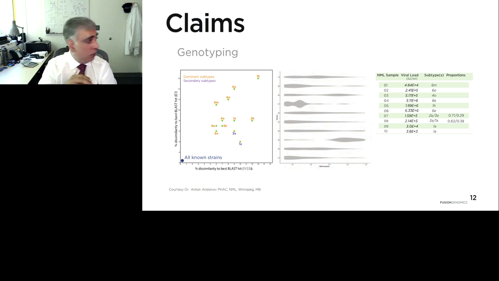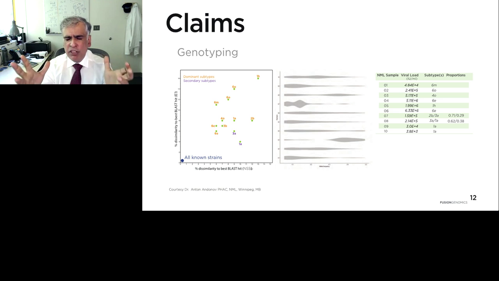So if you look at the table on your extreme right hand, and if you look at sample number 7 and sample number 8, we were even able to determine that this sample had 2 distinct hepatitis C infections present, one belonging to the genotype 2B, the other to 3A. Sample 8 had 3A and 1A, and because it is an